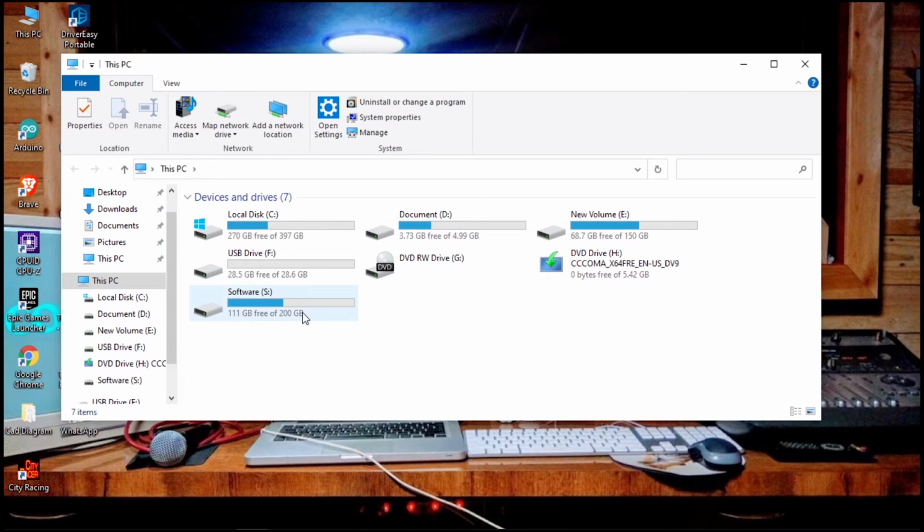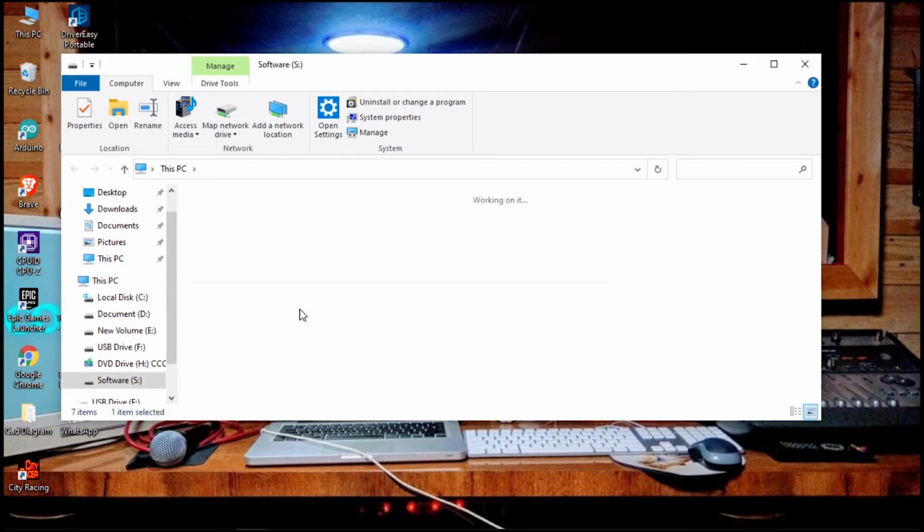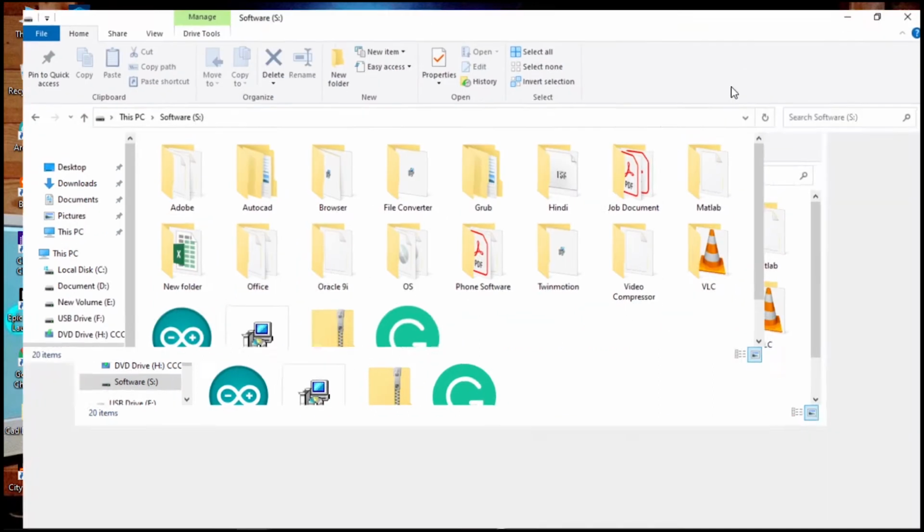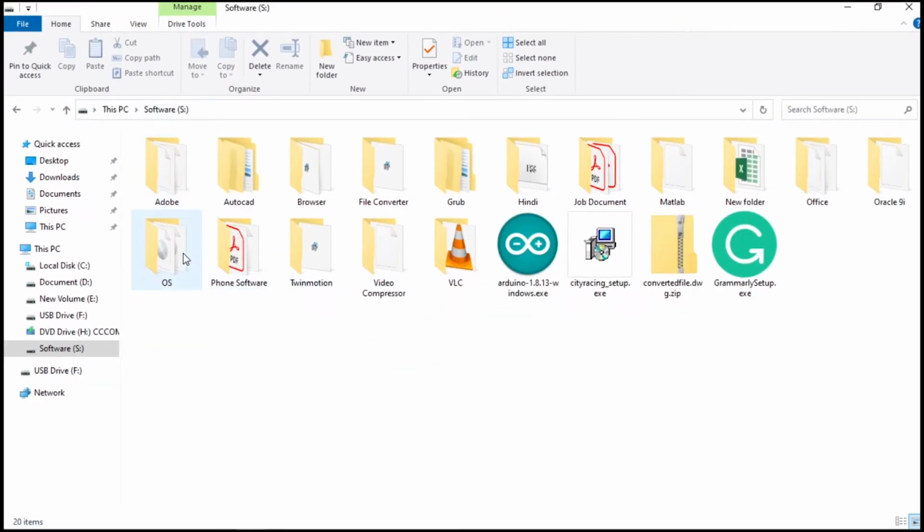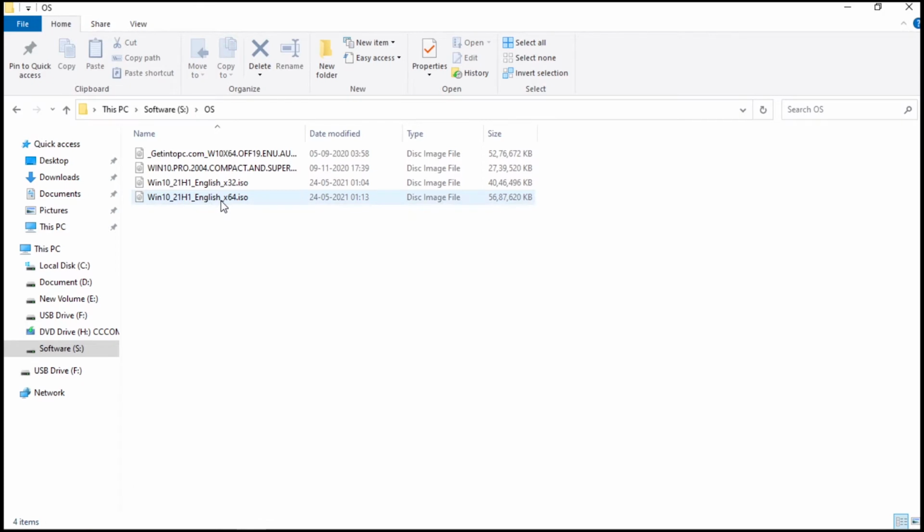So we'll go to the place where we keep our operating system. We kept it in the software file OS. Then here we can see we downloaded Windows 10 21H1 English 64-bit ISO.